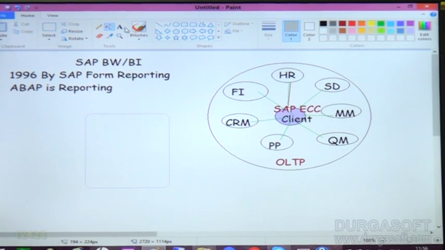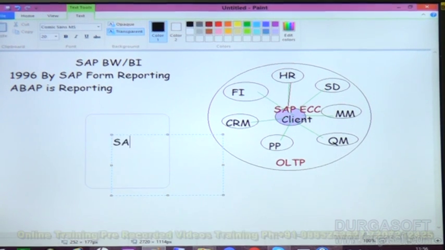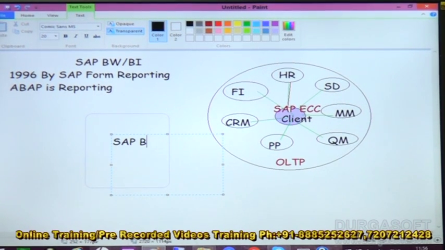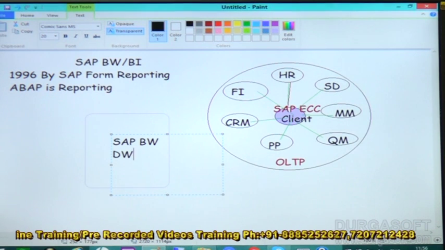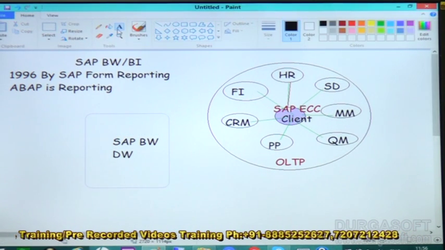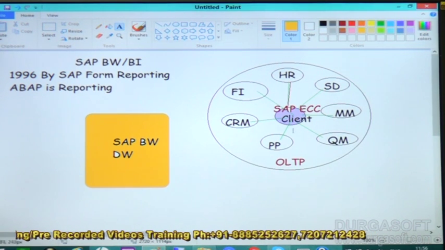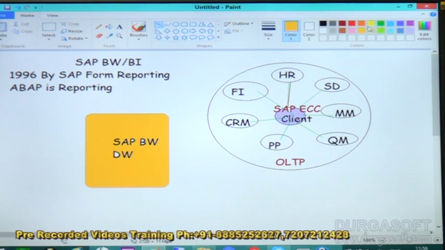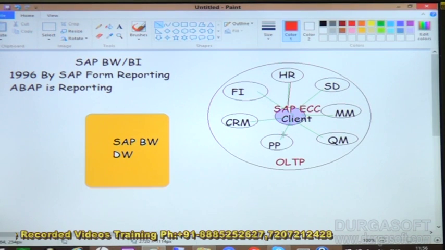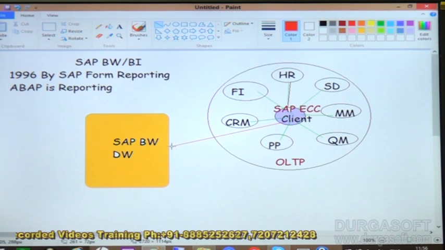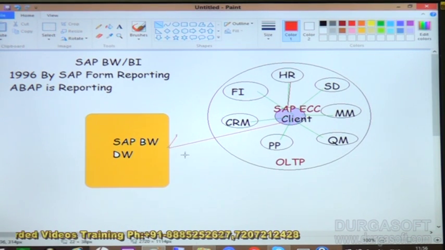So we use a certain OLAP system in which we get a report that we call SAP-BW, or we call it the data warehousing concept. So we use some data warehouse where we can store all this data. It is a kind of data warehousing concept. Here we bring the data from this ECC to the BW system, and based on this we store the data in the